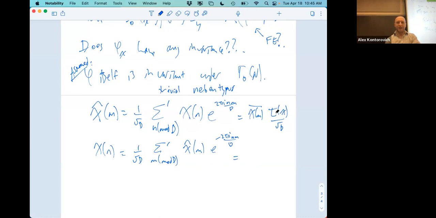So I'm putting in this for chi hat. So I get a tau of chi over root d, that's over d, a sum over m mod d co-prime. I get a chi of m bar and an e to the minus 2 pi i n